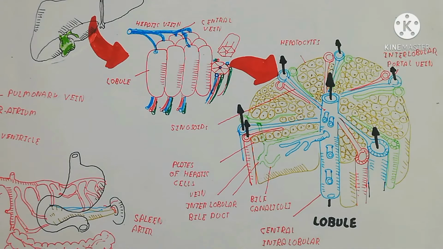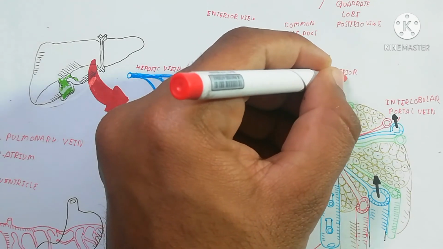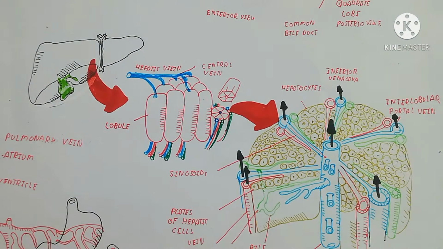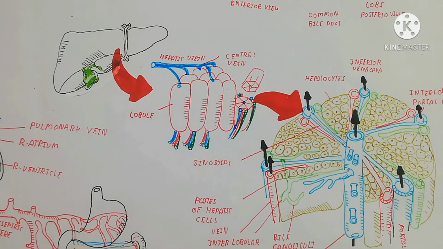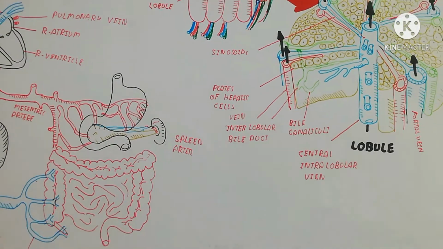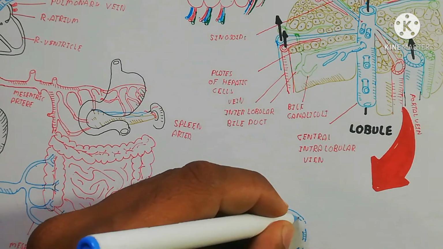So here is the vein, which is basically going into the inferior vena cava, and that ultimately goes into the left atrium, and that circulation will be done. So next, here we will discuss the whole detail of the